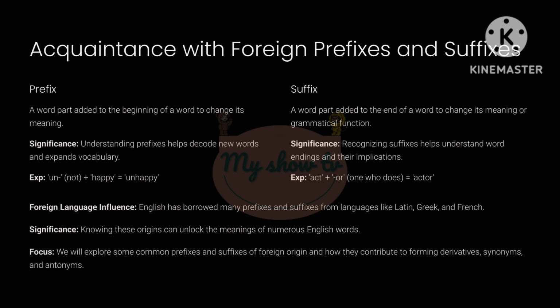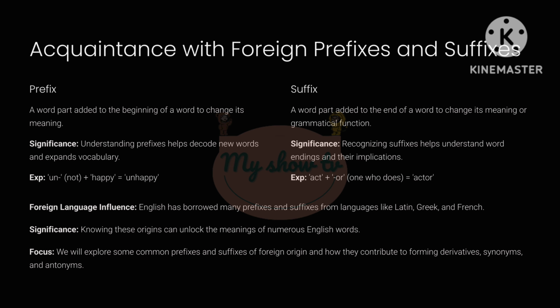For example, if we take the word happy and add the prefix un, we get unhappy, which completely changes the meaning to not happy. Understanding prefixes is incredibly helpful because it allows you to decode the meanings of many new words you encounter. A suffix, on the other hand, is a word part that we add to the end of